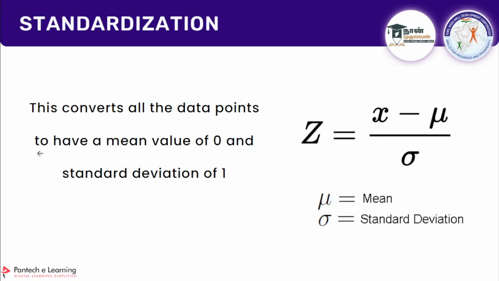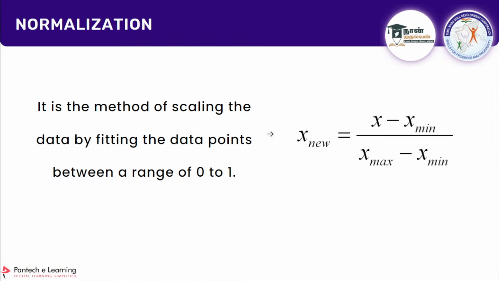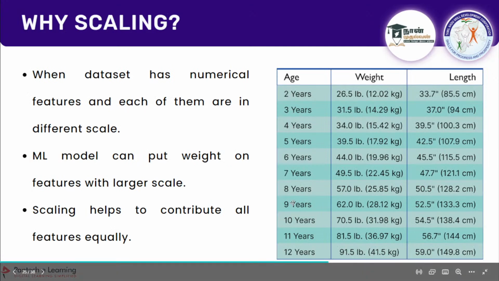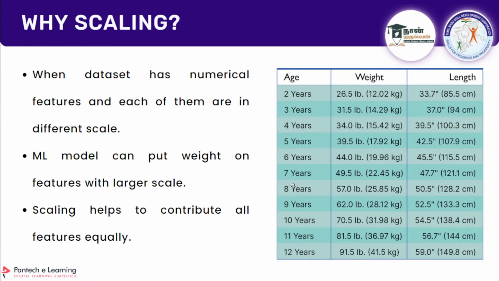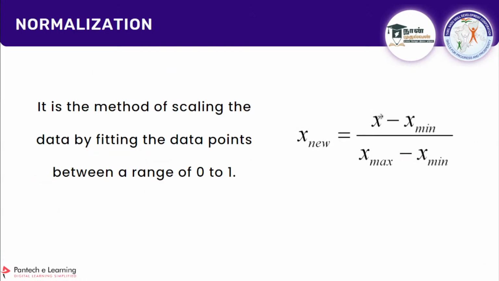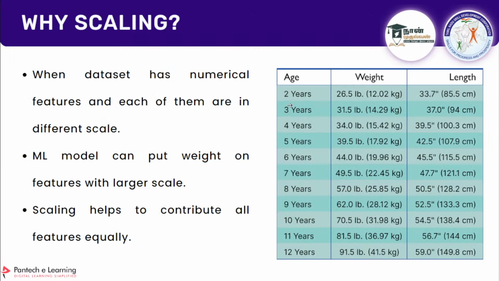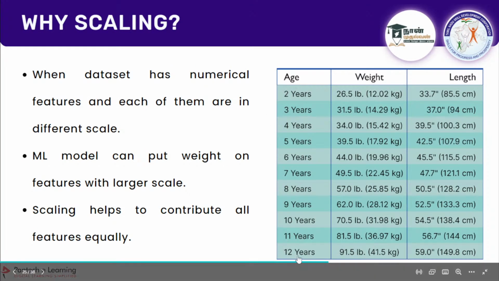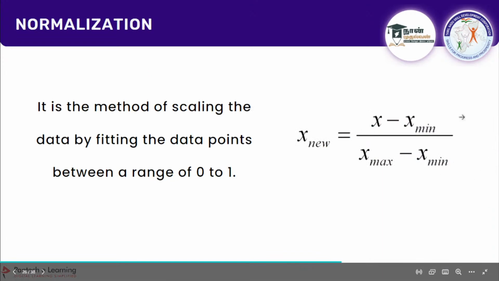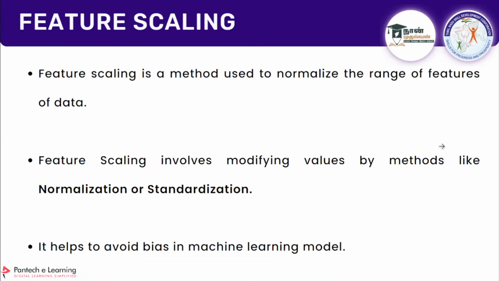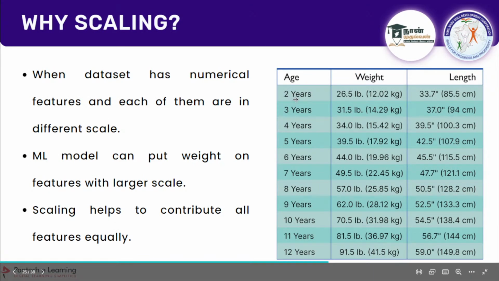In simple terms, I'll tell you once again. Normalization is going to convert the points between 0 to 1. When you convert it, all these values will be between 0 to 1 only, not more than that. How are we doing it? Take this column and perform this task, where X is the value, taken one by one. This is the minimum value, 2, and the maximum value is 12. When you do this task on these 10 rows, you get a value between 0 to 1 only, not more than that.